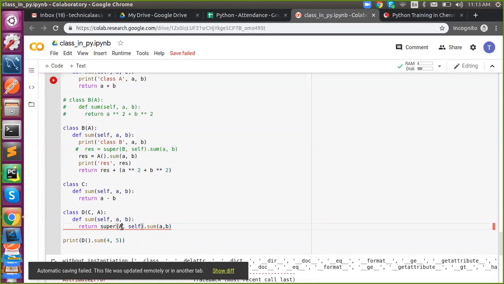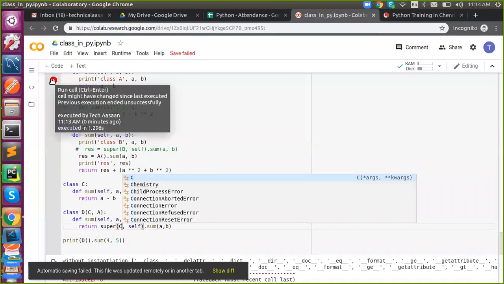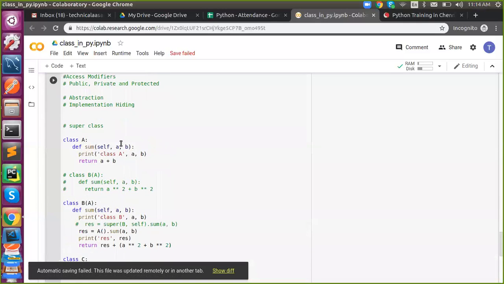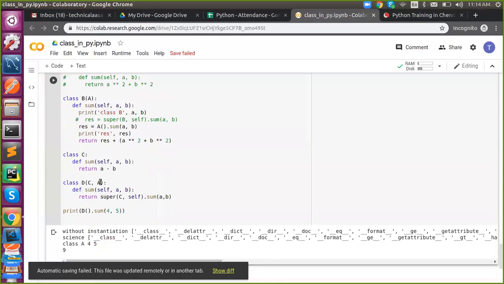You have C, said class C. This is the flow. That's it. Now it is executed, right? So as per MRO, in inheritance, what happened? I told you, right? The class A property will be moved on to C. Now, if I want to access class A, what to do? C contains it in inheritance. If it is a direct reference, you can say A dot. But this is inheritance, right? In inheritance, the class A property will move on to C. If you want to access the class A property in inheritance, you have to use C.